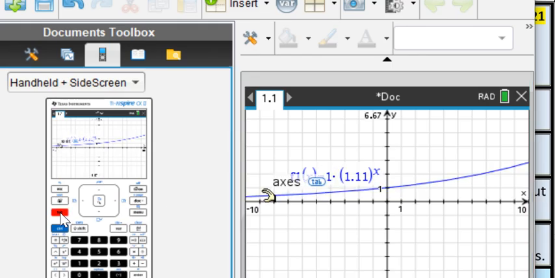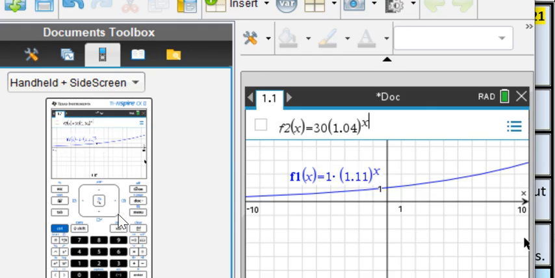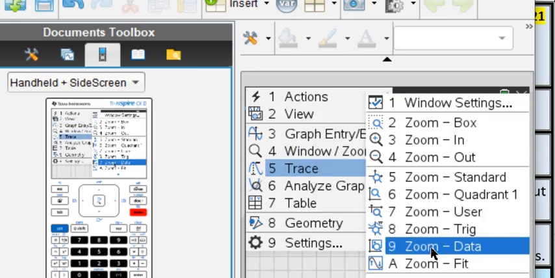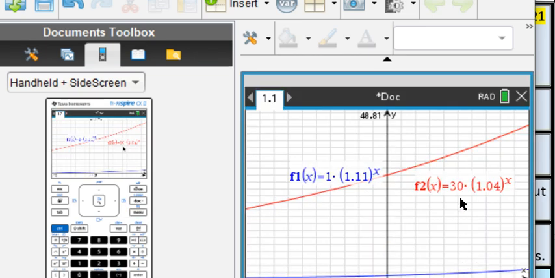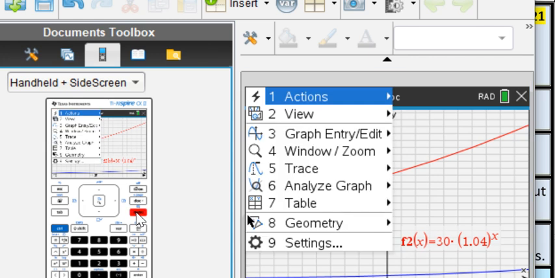Now I press tab for my command line. And now we're going to start with 30 cases times 1.04 to the x power for SARS. Now, when I do menu for letter A, you notice that these functions, SARS started way up here, Ebola started way down here. So this is the graph, and if I zoom out,